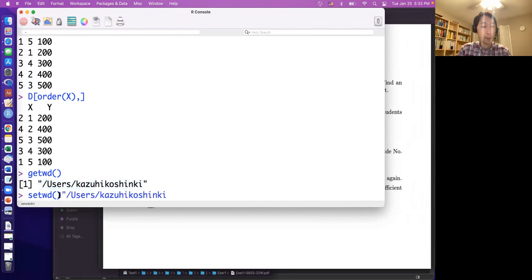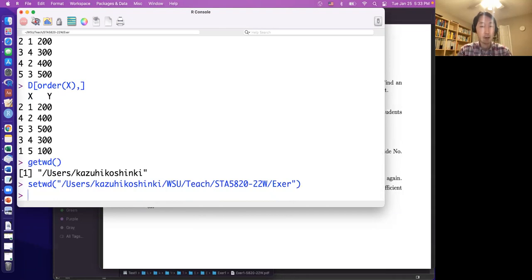Maybe in some computer environments it starts with the C drive, C colon, or something like that. So to avoid trouble, first see the working directory, then we see what the initial few letters of your hard drive are. And my path is this. Now that we set the working directory, to import the data set,